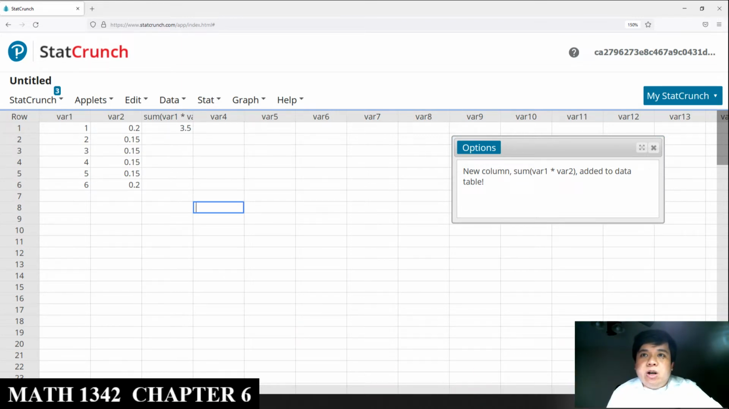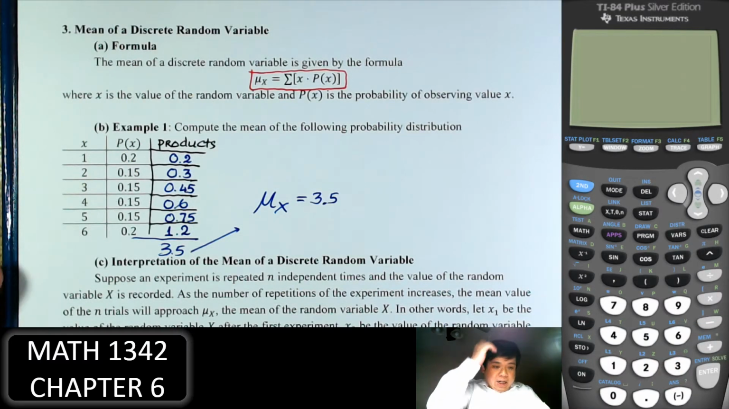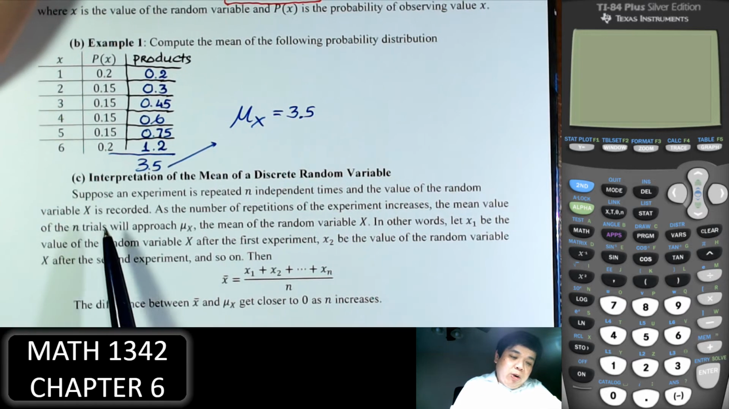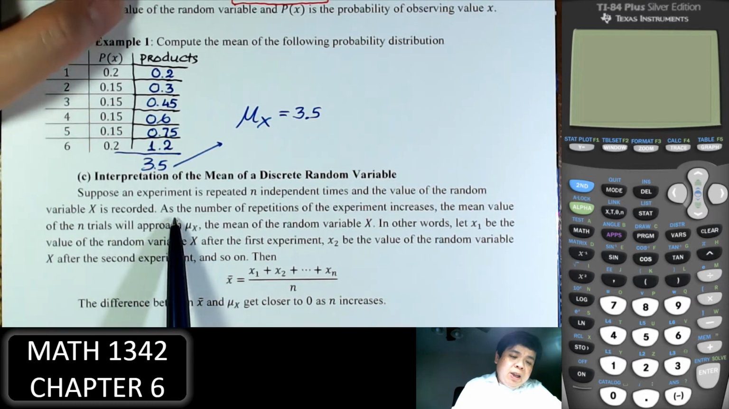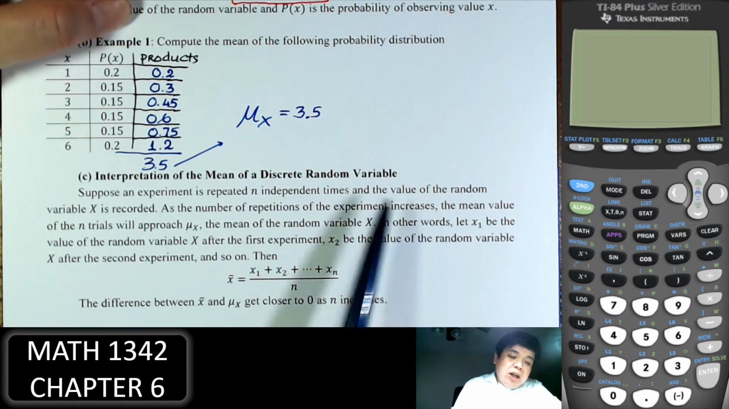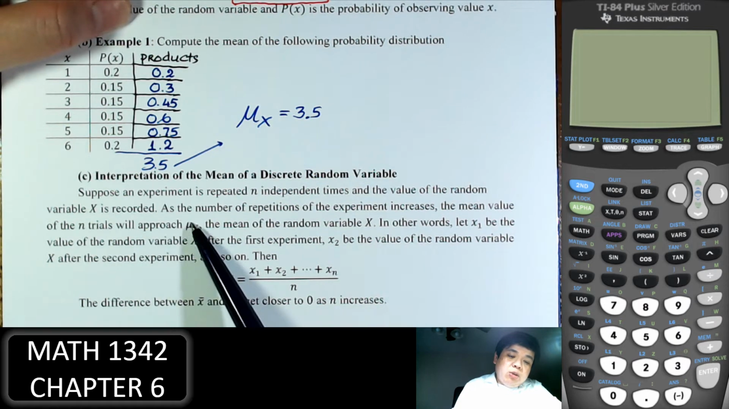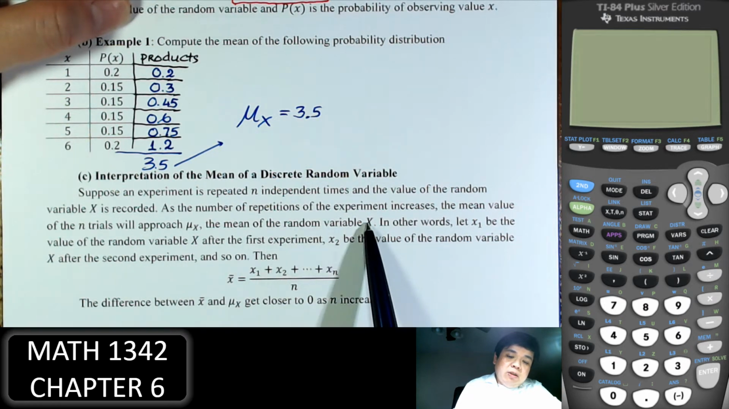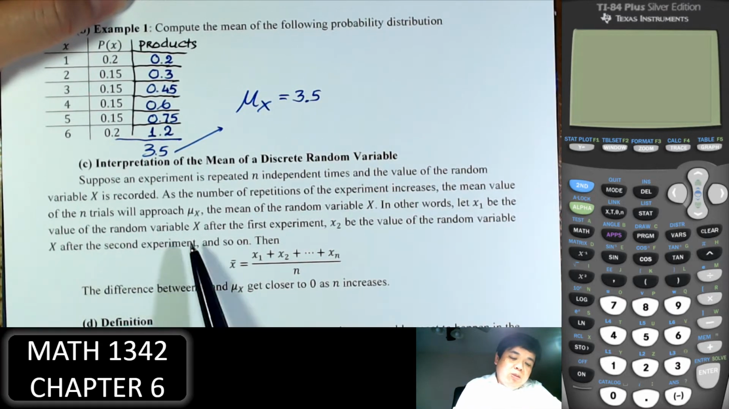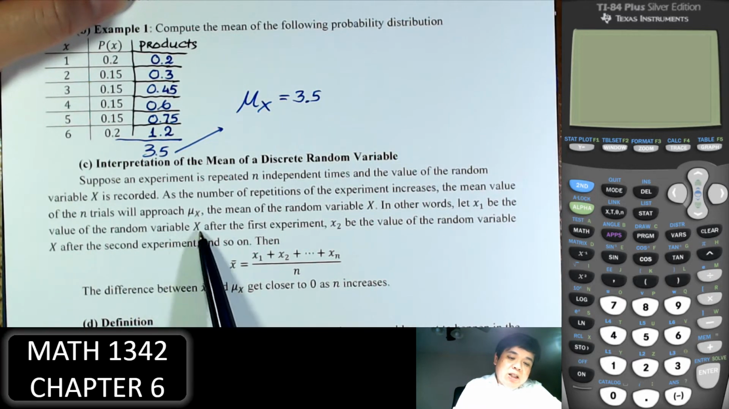Right, now back to the note. Now, interpretation of the mean of a discrete random variable. Suppose an experiment is repeated n independent times and the values of random variable x are recorded. As the number of repetitions of the experiment increases, the mean value of the n trials approaches the mean of the random variable x. In other words, let x1 be the value of the random variable x